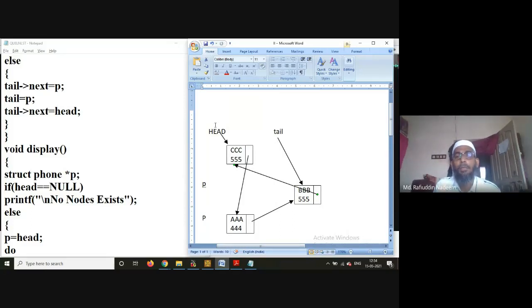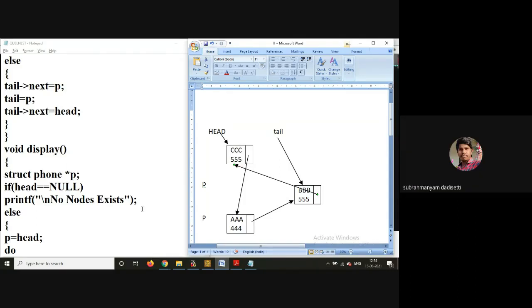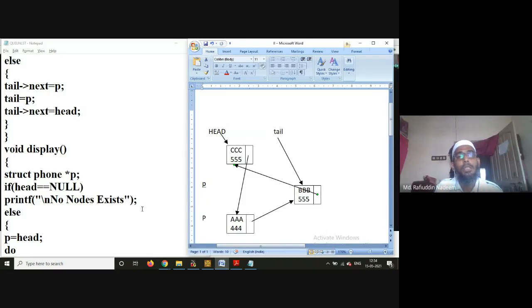See here, from head you are going to CCC, you are going to next pointer, you are going to AA, then the next pointer you are going to BBB, then again you are coming to the beginning. So like that you are going to traverse through the entire list here. Got it, everyone? Yes, sir. Okay, fine. So this is how you are going to create the circular linked list.